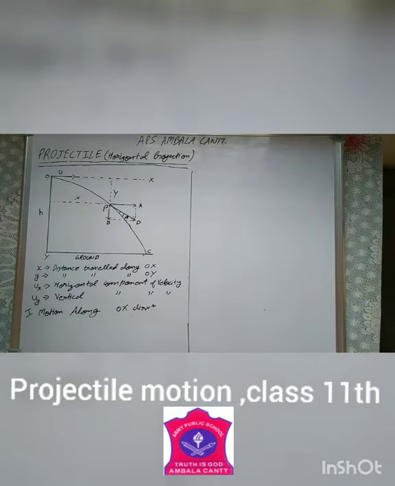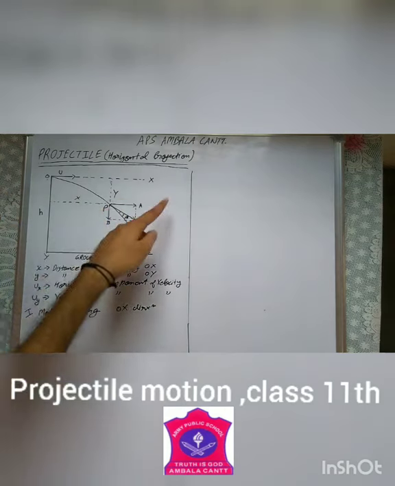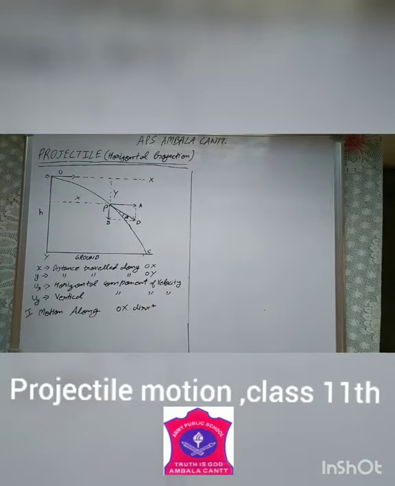Now this is a two-dimensional problem. There are two dimensions, one along Ox and another along Oy. We will divide this problem into two one-dimensional problems, and these two problems will be independent of each other. We will solve these two one-dimensional problems and combine the results to get the final result. Now the distance traveled along the x direction is given by x, the distance traveled along Oy is given by y, the horizontal component of velocity is ux and the vertical component of velocity is uy.